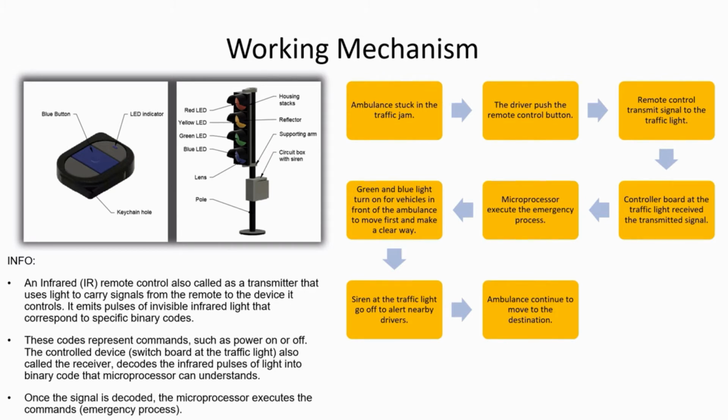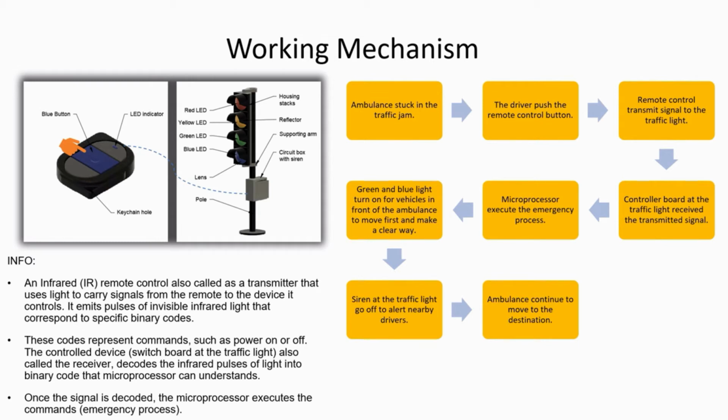So when the ambulance arrives at the situation or is stuck in the traffic jam, the driver of the ambulance needs to push the remote control button, which is the blue button of the remote control. Then this remote control will transmit a signal to the traffic light. The controller board at the traffic light receives the transmitted signal, and the microprocessor will execute the emergency process, which is the green and blue light of the traffic light will turn on so that the vehicles at the traffic jam will move first, so that it can make a clear way for the ambulance to pass